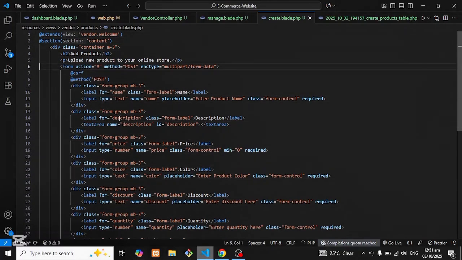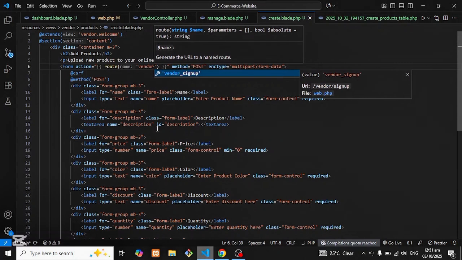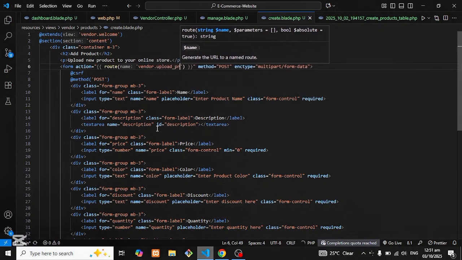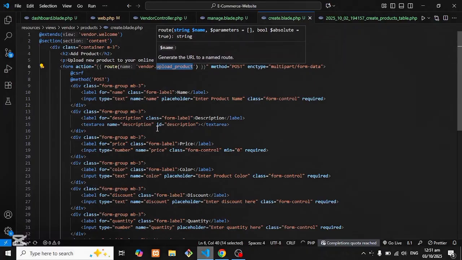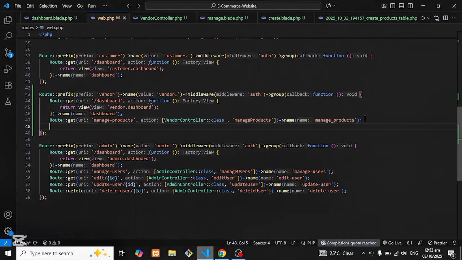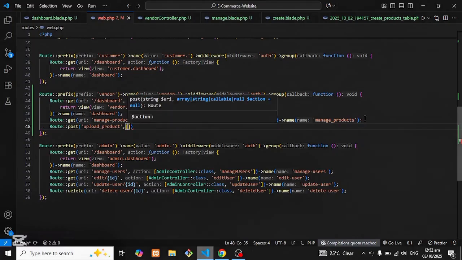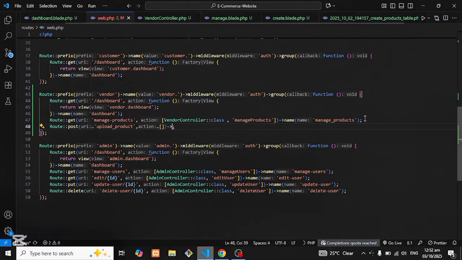We have to add here a route name, and the route will be basically vendor dot upload product. Vendor dot upload product. So we have to create this route now. Route colon post, upload product, with the name of upload product,